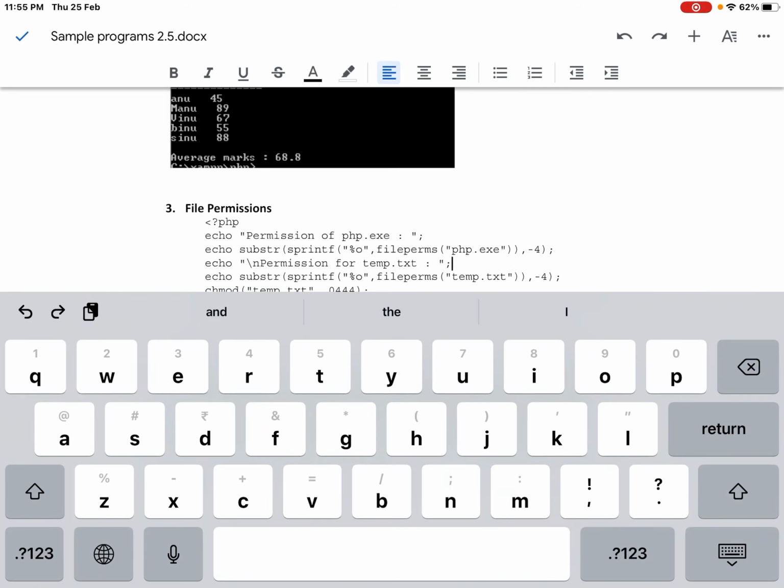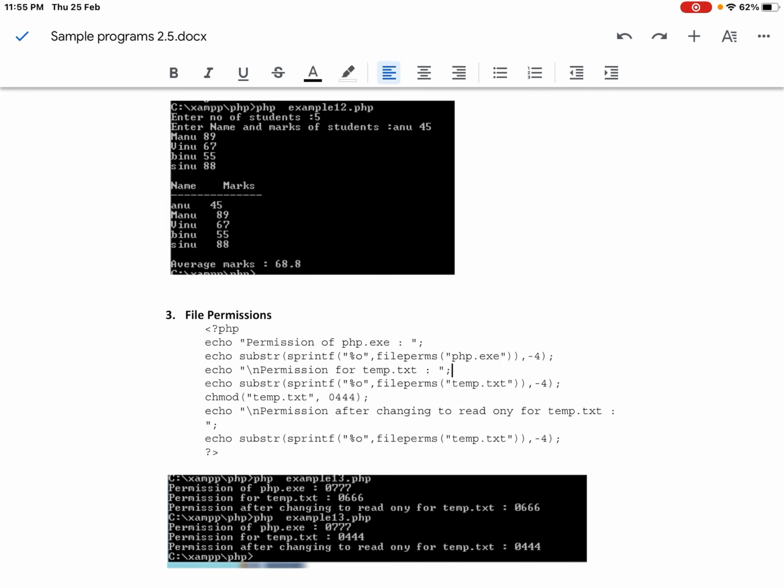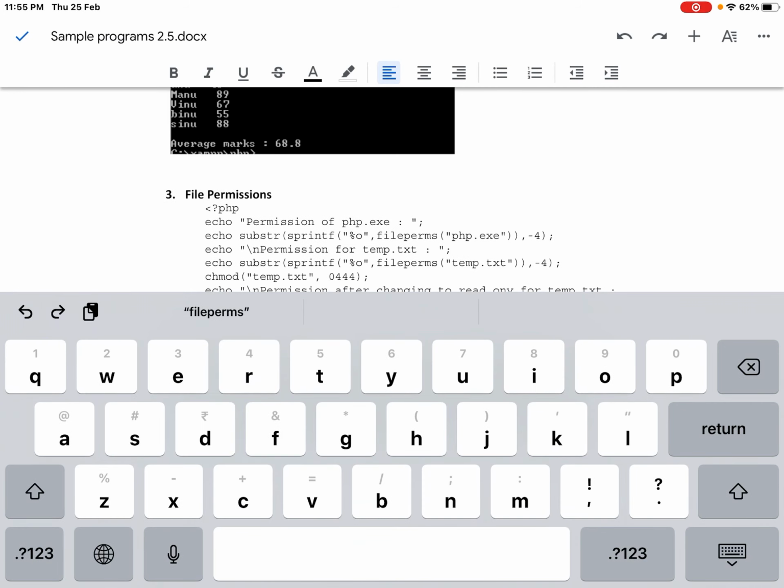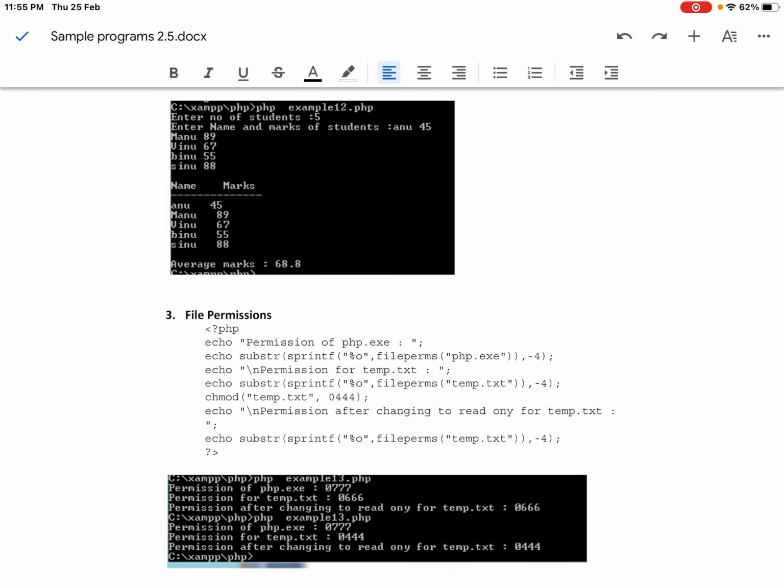The file permissions of php and temp are displayed over here using fileperms, and converted into 4-digit format as per this printf method.